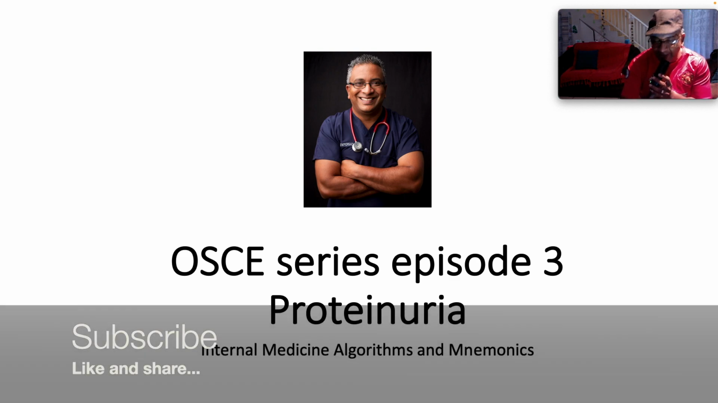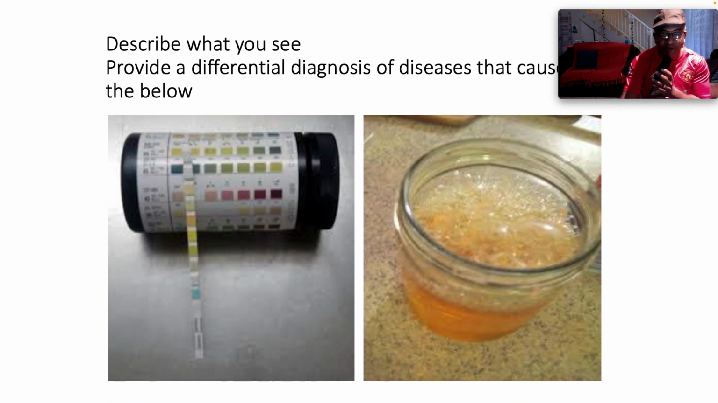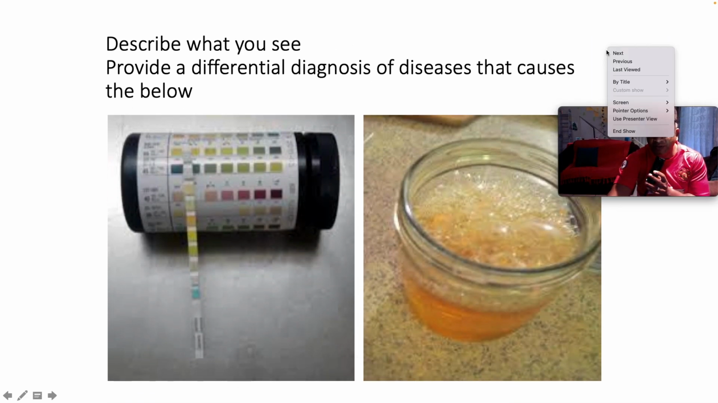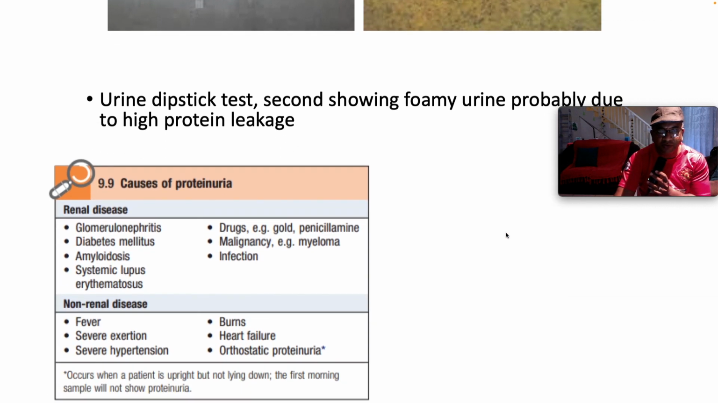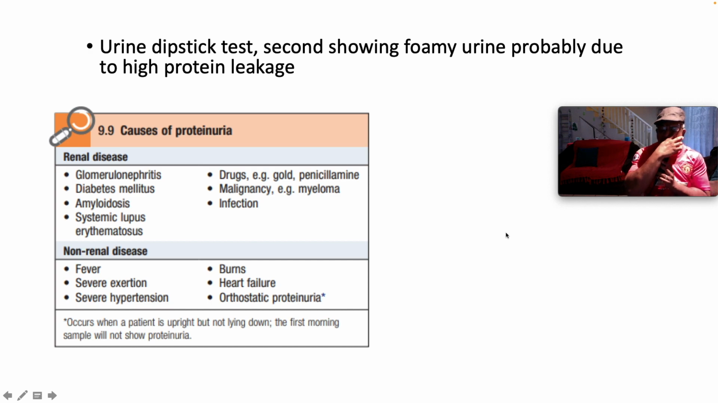Today we are tackling proteinuria. Okay, guys. Describe what you see and provide a differential diagnosis of diseases that cause the below. I'm so sorry that it's not the best quality image, but this in fact shows proteinuria, and this is lovely foamy urine which shows us proteinuria, right? So that's a urine dipstick test on the left, and the second was foamy urine, probably due to high protein